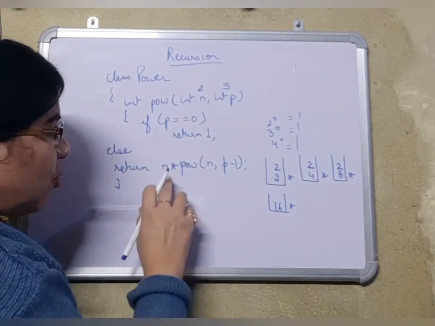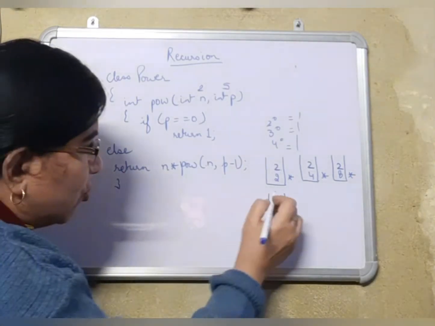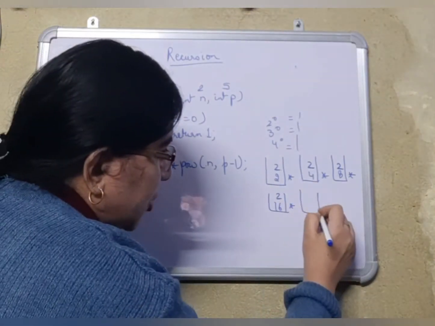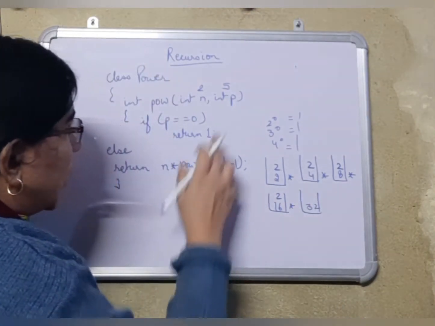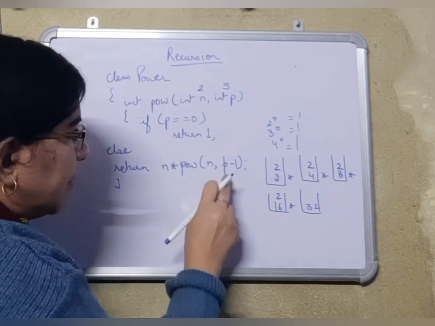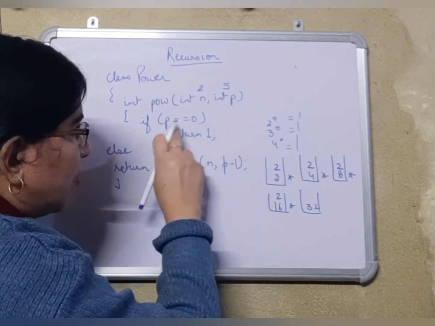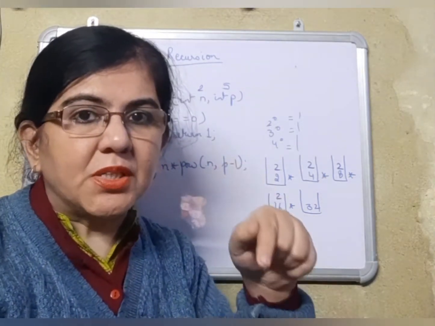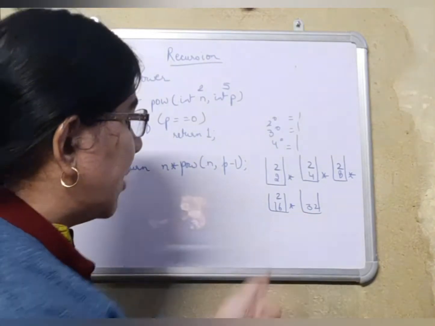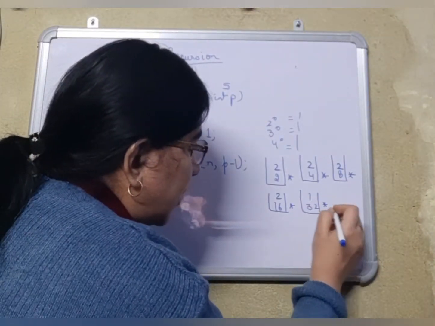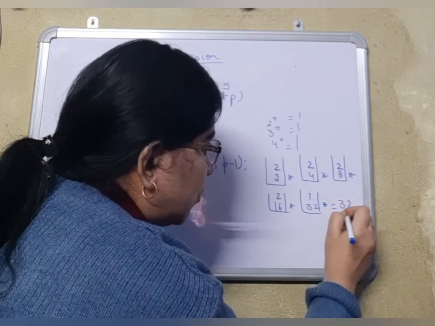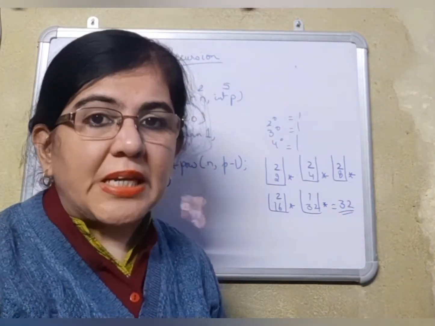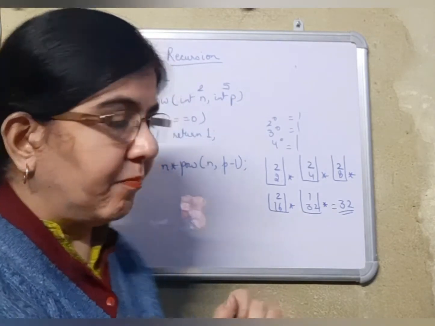So is 1 0? No. Again n into. That means 2 will be kept in the stack memory again, which will turn out to be 32. Again power will call itself and 2 will be sent, but 1 minus 1 will become 0. For 0, the value returned is 1, which will again be received in the recursive case, so that finally 32 into 1 as a final answer, 32 will be returned in main. So this is a way to create a recursive function for power.